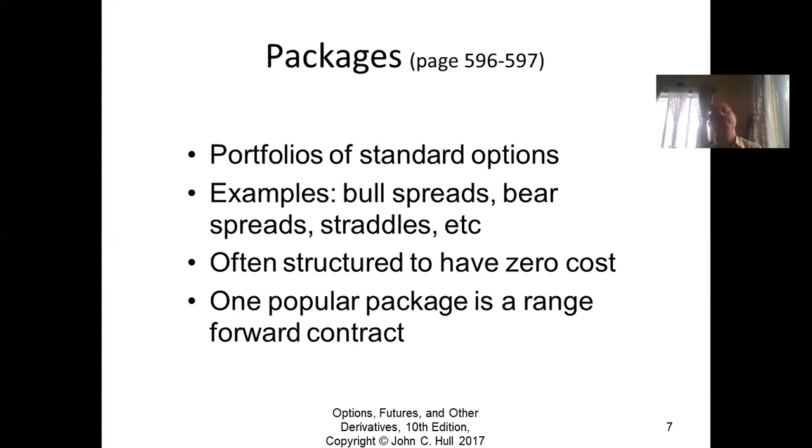Standard examples which are very common in the financial market are called bull spreads, bear spreads, straddles, things like that. These are essentially combinations of European calls and puts at different strike prices, so that if you have a positive expectation about the market, you will acquire one kind of combination. These are called bull spreads. If you are pessimistic about the market, then you may want to acquire a bear spread, which is essentially going to insure you against the reduction in stock price, etc.